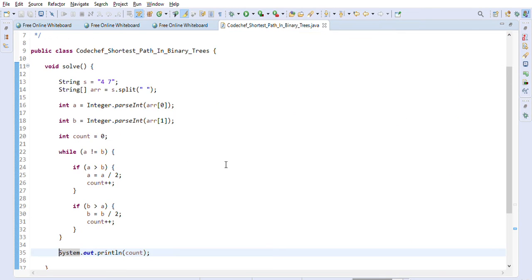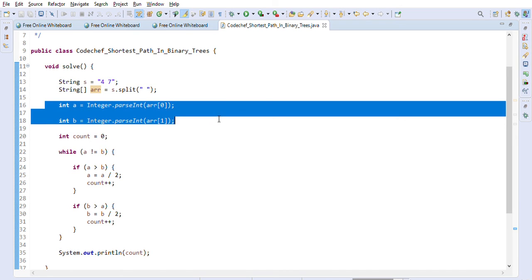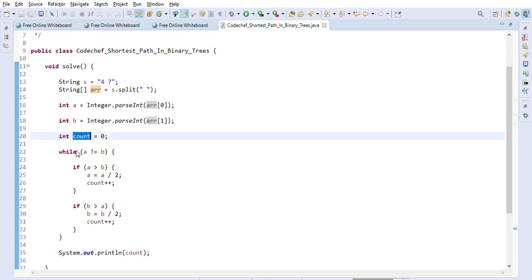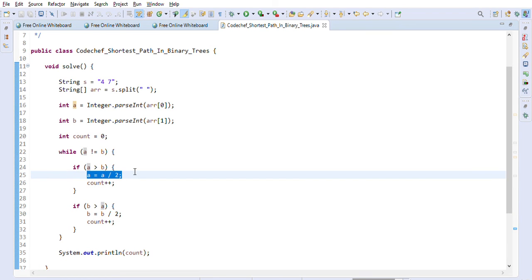So the Java solution is pretty straightforward. In the string we have been given the a and b here, so we will just split that into an array and get a and b from this string, right? Count is 0 in the beginning. We will keep looping while a is not equal to b, right? We will check if a is greater than b, we will set a equal to a divided by 2